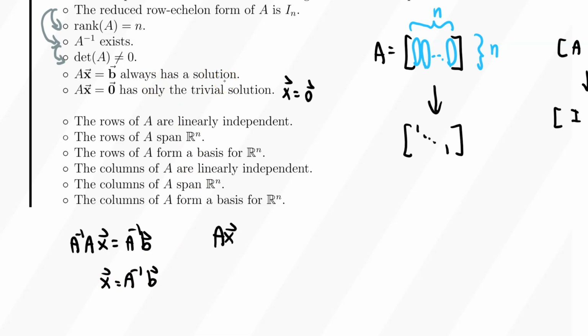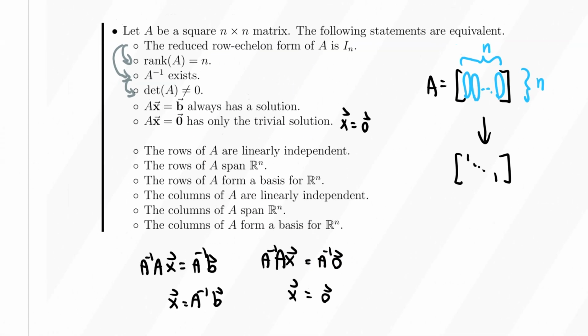And if I have AX equal to 0, I can once again multiply A inverse on both sides. I'm going to have that my x is going to be just A inverse times 0, which is the 0 vector. So I only have one solution here. Alternatively, I can use the fact that the rank of my matrix is n, and it would follow from our earlier example, example 2.1 and example 2.3, that the system AX equal to B will always have a solution,